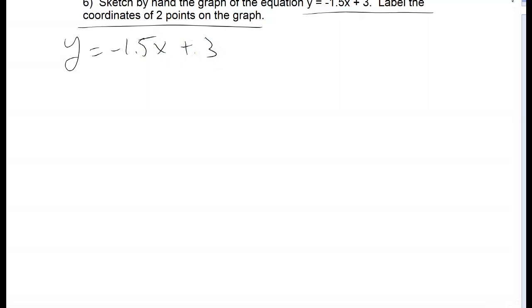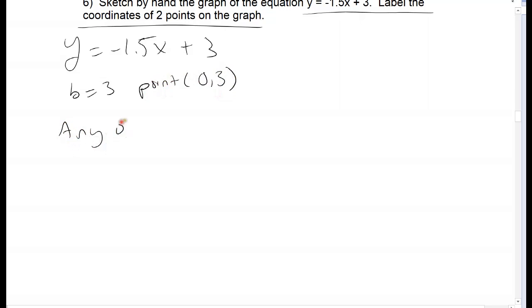Whenever you graph a line, you need at least 2 points. Sometimes we get a third point just to make sure my line came out right. But 2 is the minimum. I need at least 2. And 1 point's always easy to get. I know my y-intercept, right? Because I know b is 3. Well, that's the y-intercept, which is the point 0, 3. And so I always do that one first. And then I just need any other point,